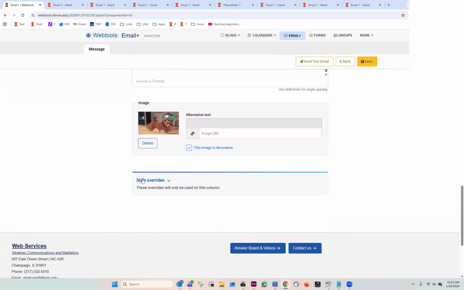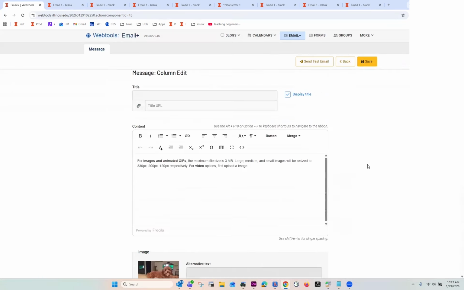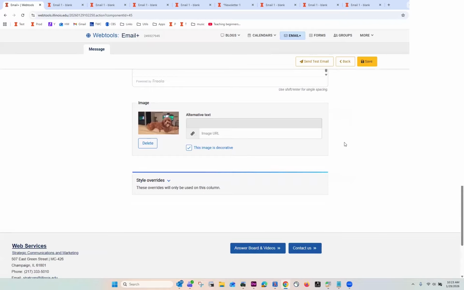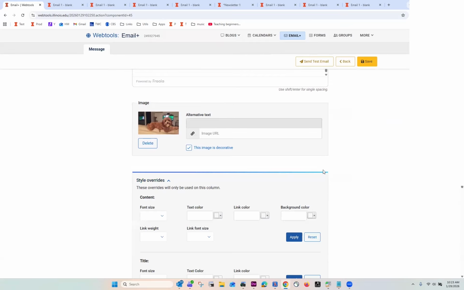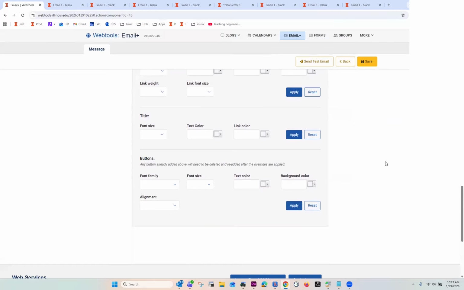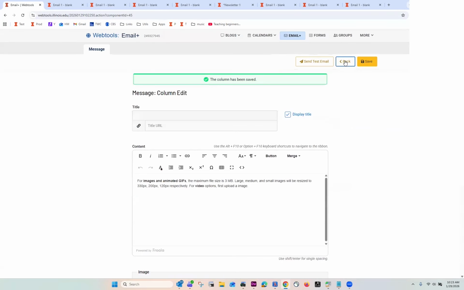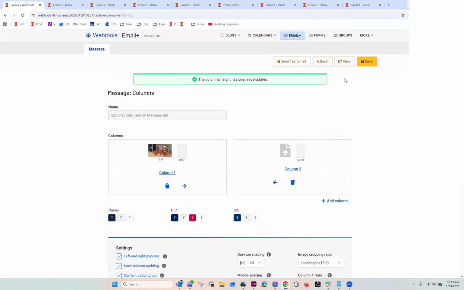And then below that, we have style overrides again. So overrides are on each of the screens at the bottom if you need to override any of the styles. And in this case, that would be the content, the title, or the button styles. So now when we look at this,